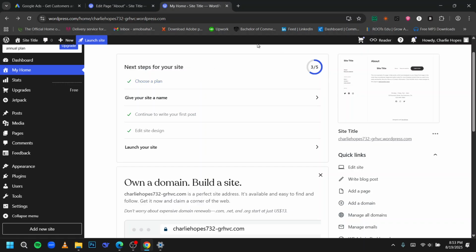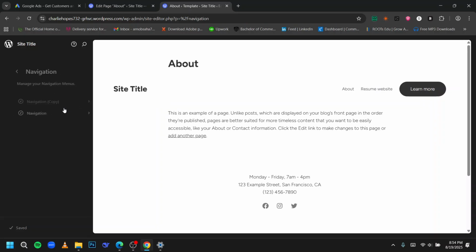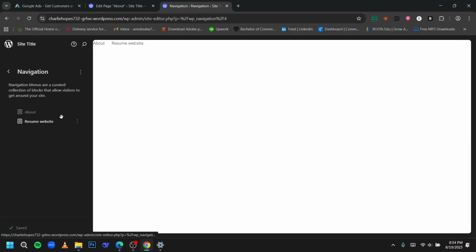After that it will simply take you to this page where you have to just simply put your login credentials. And once you put in login credentials, it will simply take you to this page, and from here you have to just simply click on the edit site option here in the right hand side. And once you click on the edit site option, it will simply take you to the editor option. From here you have to just simply click on the navigation option, and here in the navigation option you have